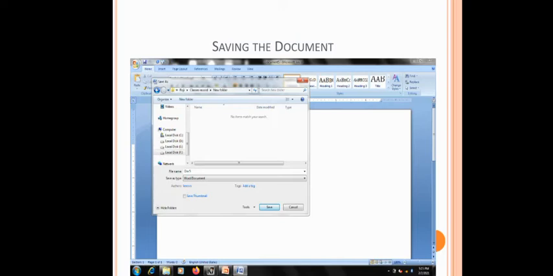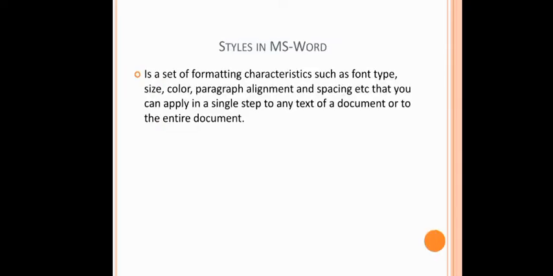After that, in file name, type the desirable file name by which you want to save your file, and after that the extension of the file, that is .docx. And after doing all these entries, click on the Save button, and your document will be saved by your given name. You can use the shortcut again for this, Ctrl+S, and when you press Ctrl+S, this Save As dialog box will appear in front of you.